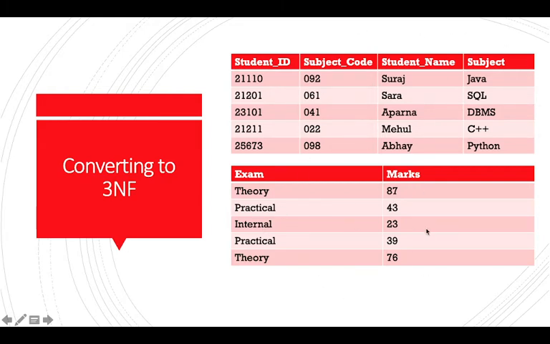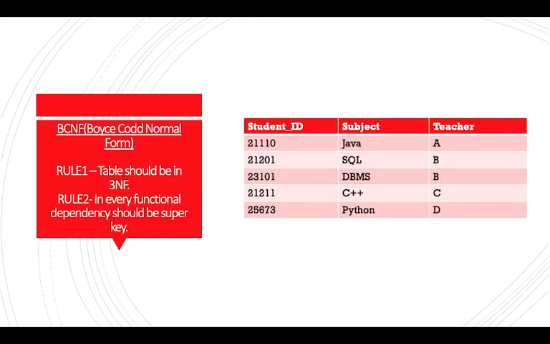I can directly see the marks, I can directly have the student ID and fetch a unique record from this. So this is also in 2NF and it is not showing me transitive dependency. And how did we do that? Simply by breaking down the table, where we have one student table and another table, which you can call a marks or exam table, which has the attributes exam and marks, right? Let's move ahead.